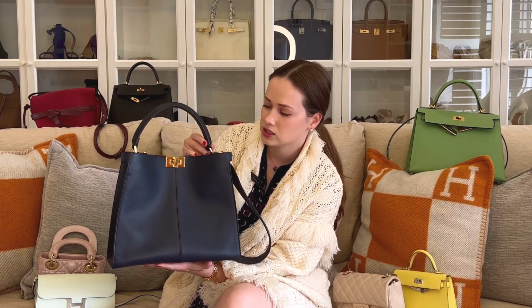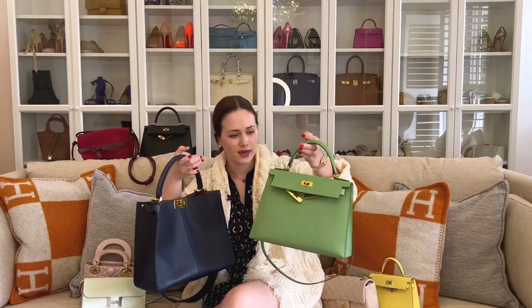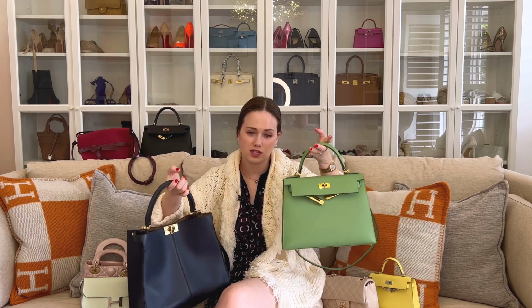I'm not sure how much they are going for now, but I know Fendi went up quite a bit. Again, this is the Peekaboo Light, and for me, this is much better than the regular Peekaboo. Okay, we have the Kelly 28, which has an insert inside, and it's still much lighter than the